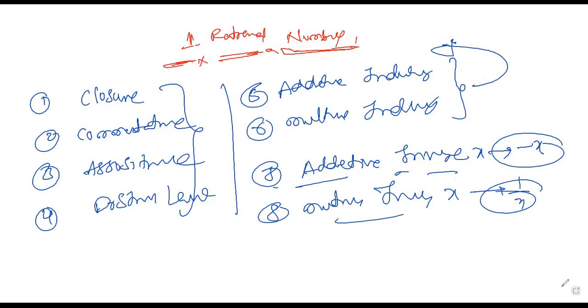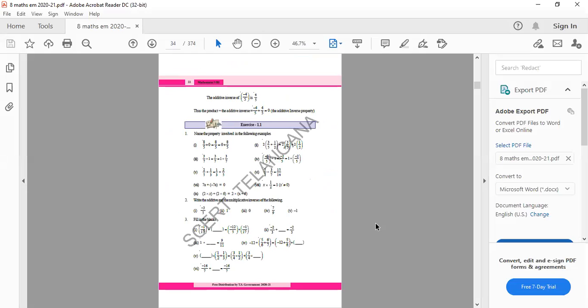After that, we started the exercise regarding the properties. Now we should continue that extension today. Exercise 1.1, we started yesterday. The first exercise is completely over properties. The second one is additive inverse and multiplicative inverse for given numbers. The third one is fill in the blanks, which also depends on the properties. If you're comfortable, you can do that.